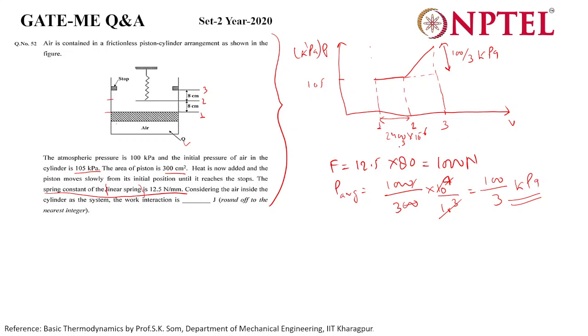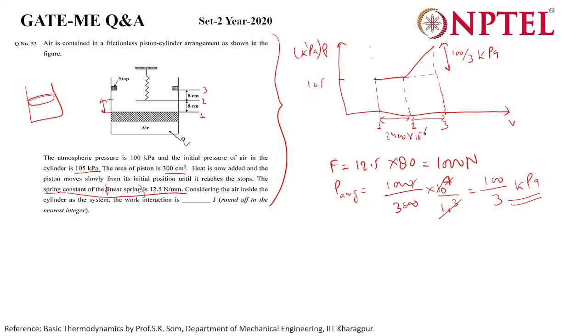Sir, delta V means area of the piston and displacement. No, this volume means in order to reach the piston from here to this place, how much volume it has swept. The first position is from here to here. Yes sir, swept volume into the area of the piston, isn't it sir? No, swept distance is 8 centimeter, right? And volume would be the distance into area. Yeah, okay sir.